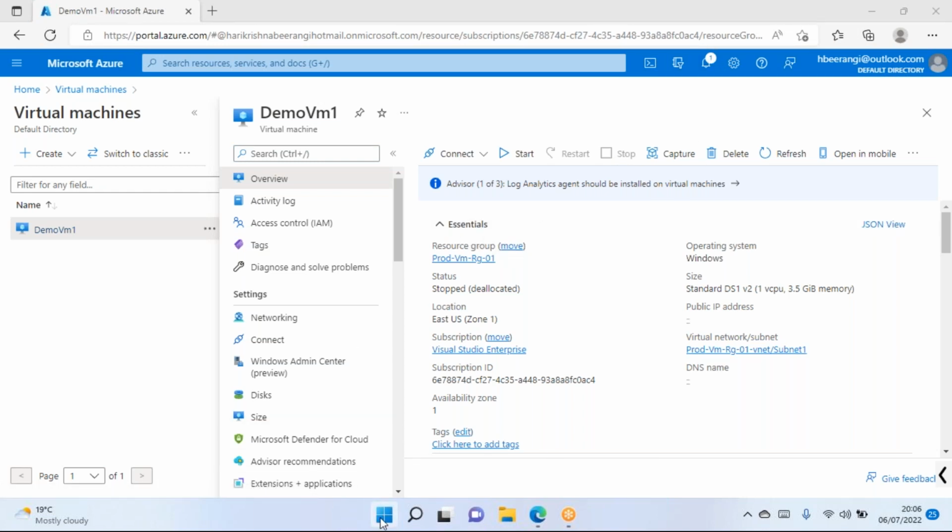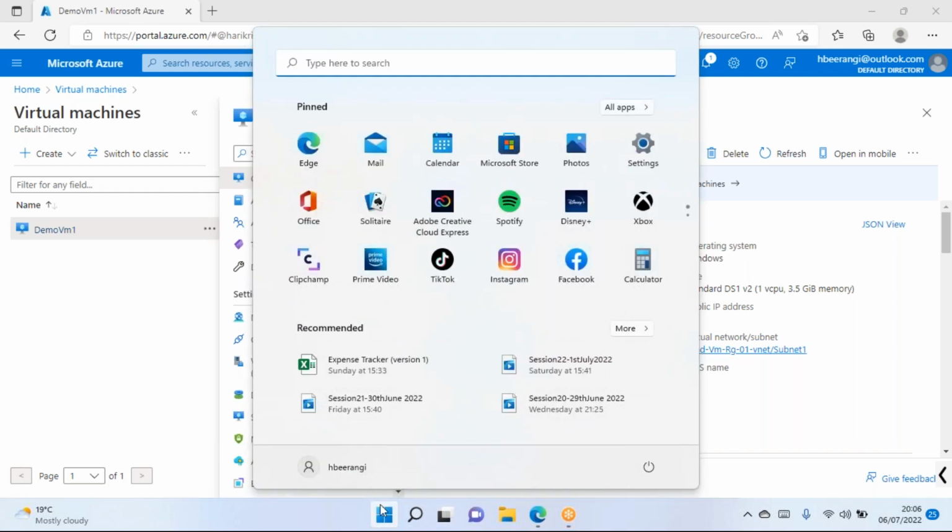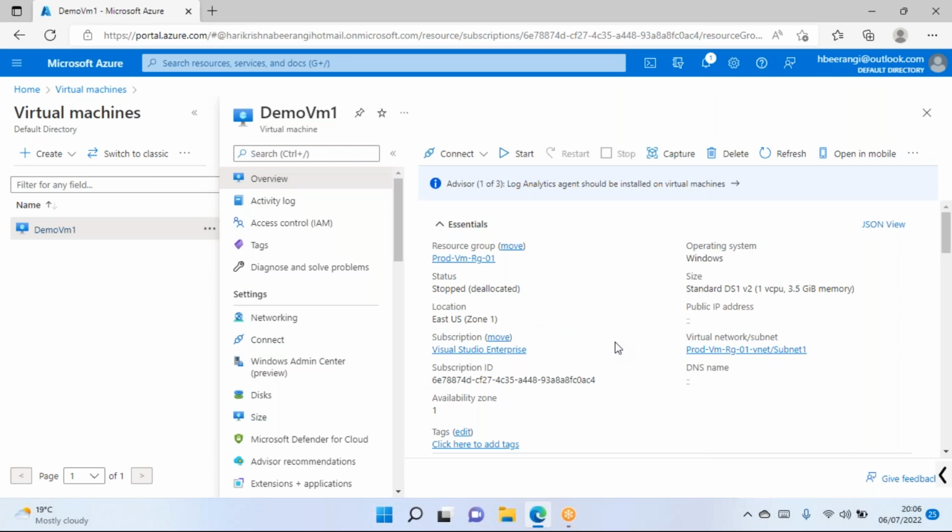So now I've logged into my laptop. I can use this one, which is like the start button and shut down. It means I am shutting down by logging into the virtual machine, which gives me the normal state. And here what I'm telling is